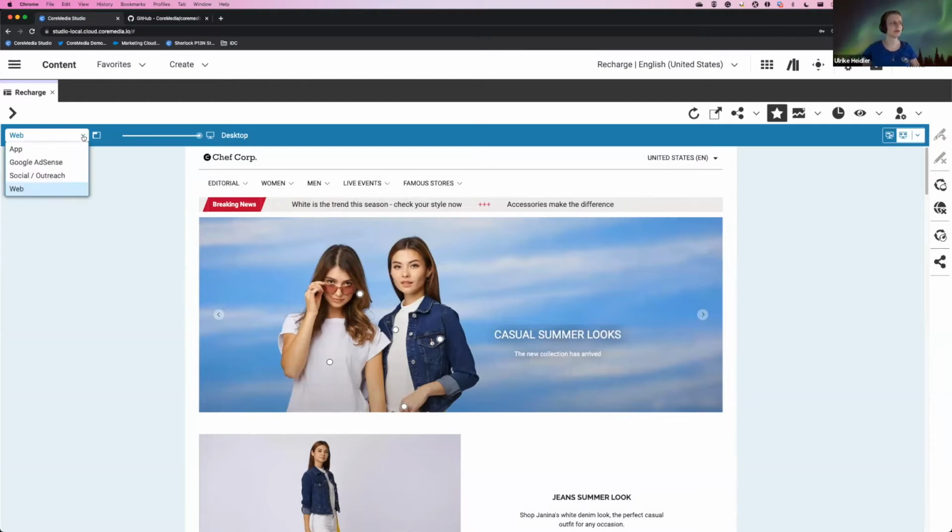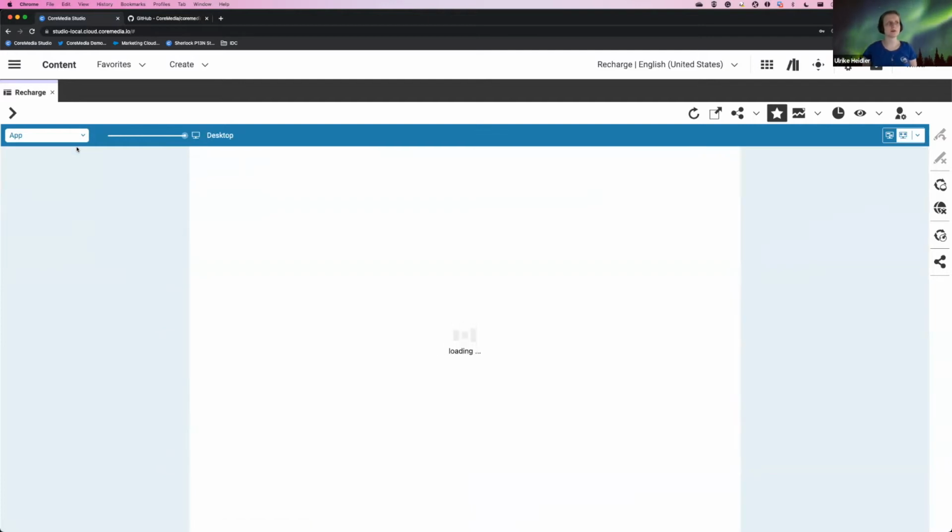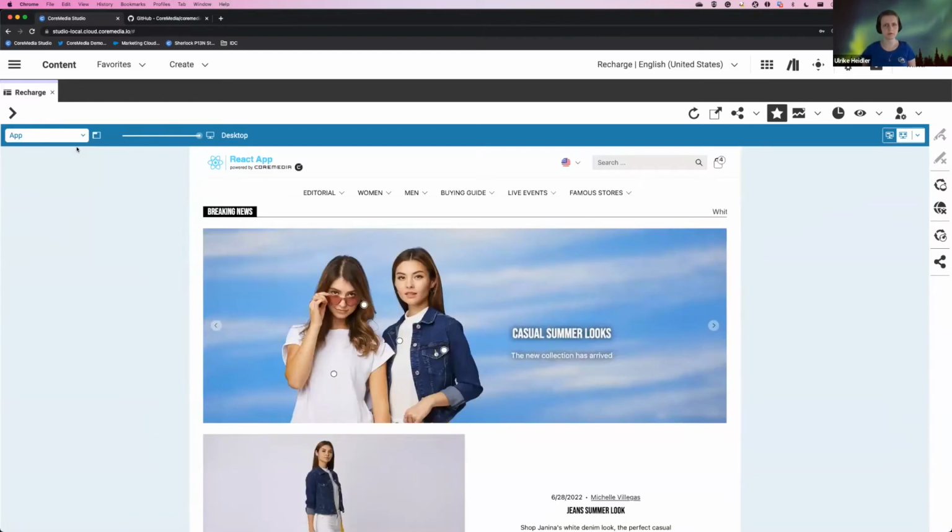I just wanted to point out, because you can think about scenarios where a customer has a classic CAE rendered website, but wants to use the same kind of content for a mobile application and chooses to render that mobile application in React or Angular or whatever the technology is. So in that case, you need to give the editor the option to switch. That's what our device switcher can do. And again, all the functionality, including something like time travel and all that, will come to this one with the